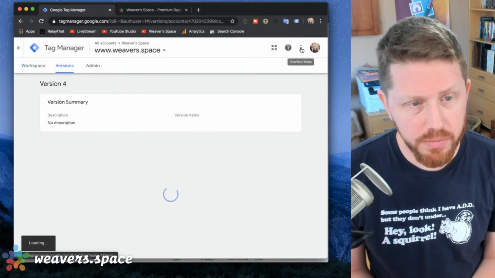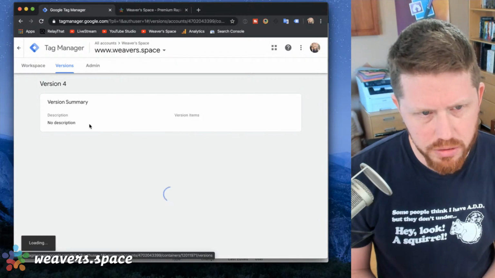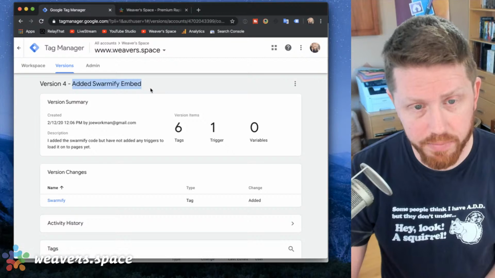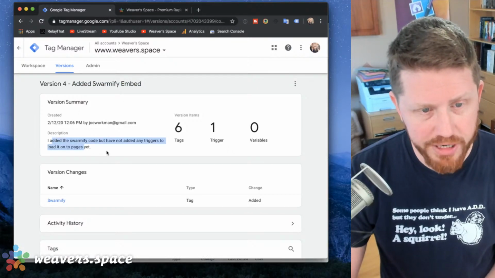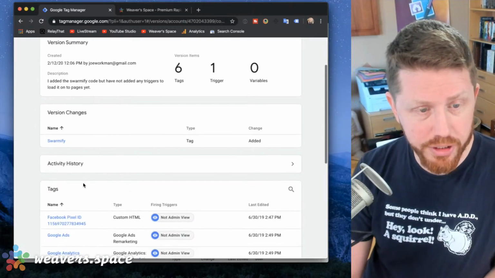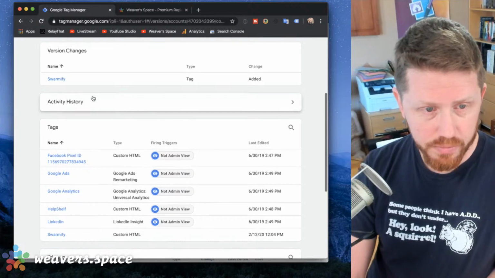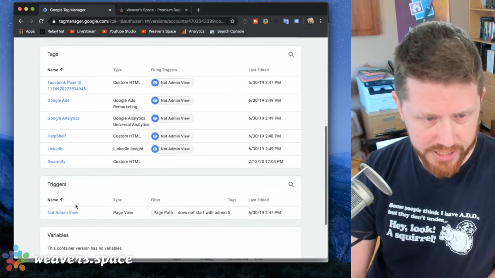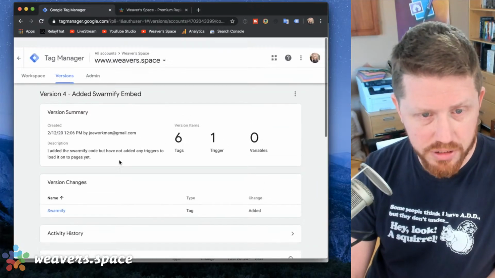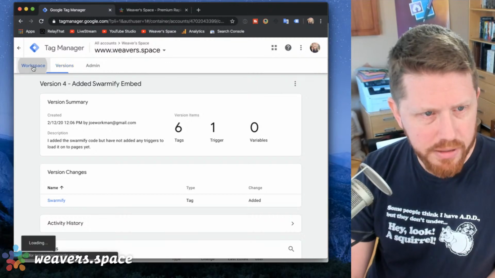Twiddle our thumbs. And there we go. So that's loading. Oh, interesting. It called it version 4, but at least it did put in my little information. So now that we know that, it shows you what changed. So we can see that Swarmify was added. And then you can see all the tags that are in here. You can see all the triggers, if there's any variables or templates and stuff like that. So pretty cool. So if we go back to my dashboard,